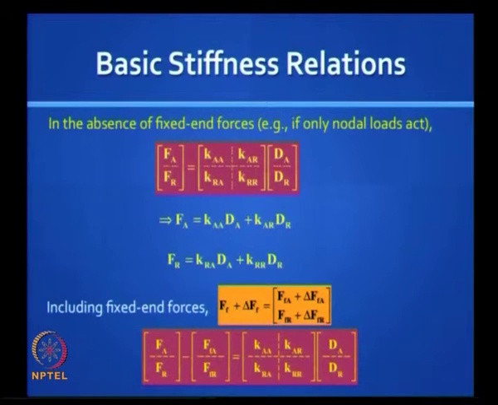Now that is what you get in a truss, because there are no intermediate loads, but in a beam or in a frame or even in an actual system like a chain where you have intermediate loads, you have to add the fixed end force effects, right, which you have some introduction to already. So you have to modify that equation slightly, we will look at that in detail later. Okay.